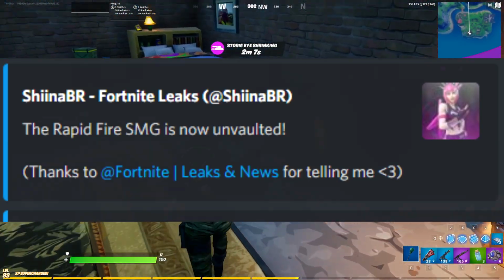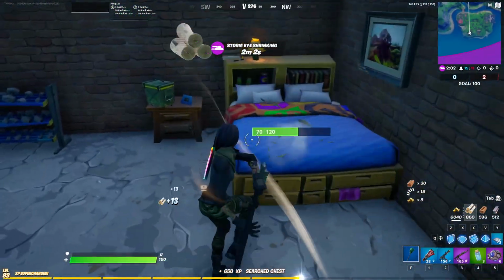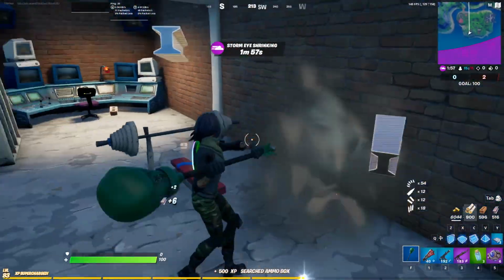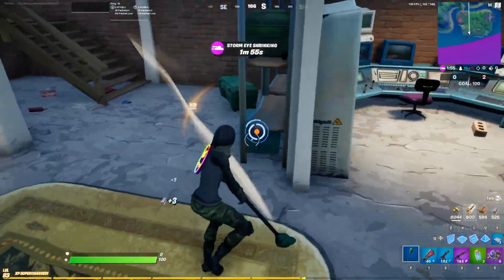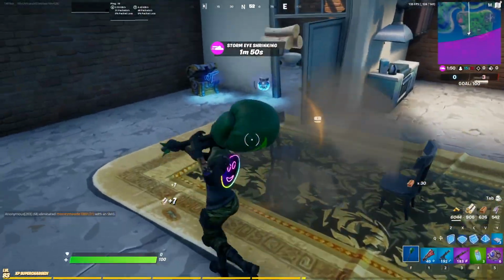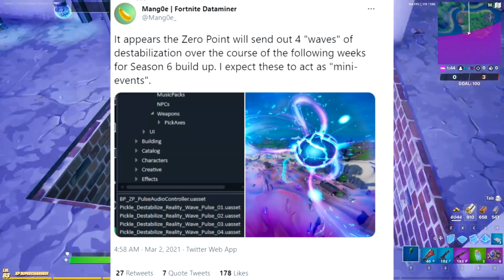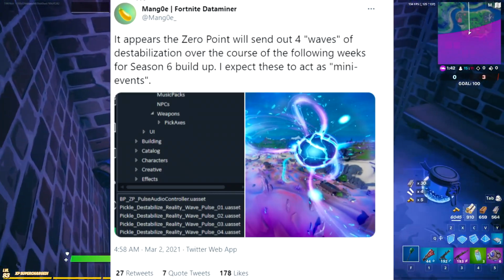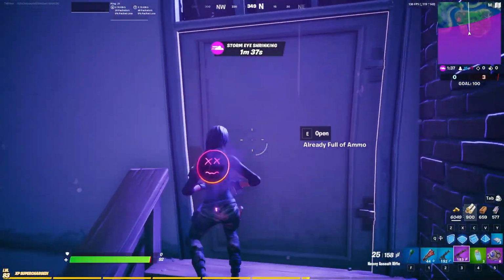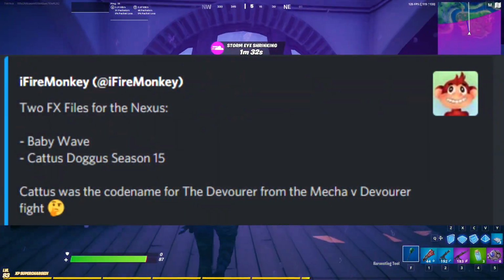Now, moving on to the event news itself, unfortunately, it doesn't really look like there's going to be an actual live event for this season. However, there is going to be a bit of a build-up for next season, as well as some really cool effects that we will see going off around the 0 point in-game as soon as these servers are live, up until the actual next season update drops. According to Mango, the 0 point will send out 4 waves of destabilization over the course of the following weeks for the Season 6 build-up, and he's expecting that these will play out as almost mini events as we see it change in-game. There were also a couple of updates to the FX files for the Nexus, which has it